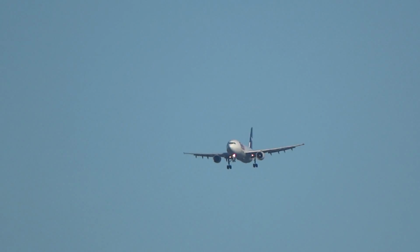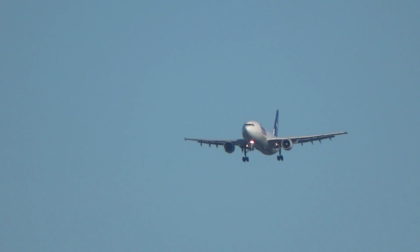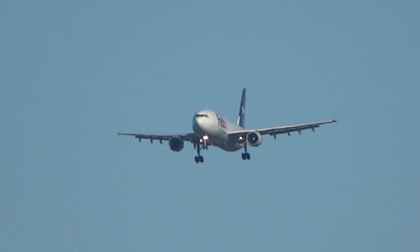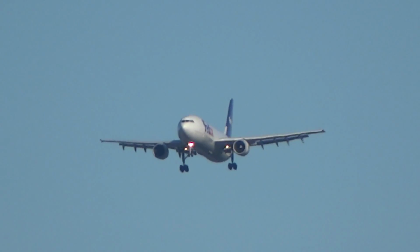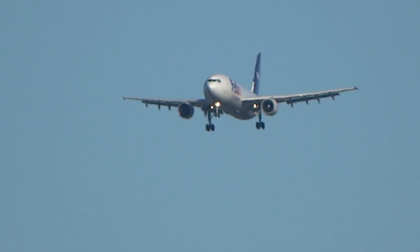FedEx 502, have you been cleared? 644 in the road. 65 heavy power, 59 short model, wind 34 show 14, right. Right land 36 right,